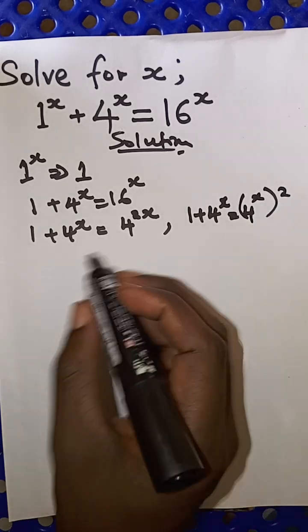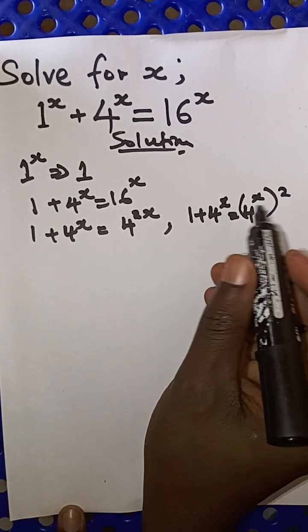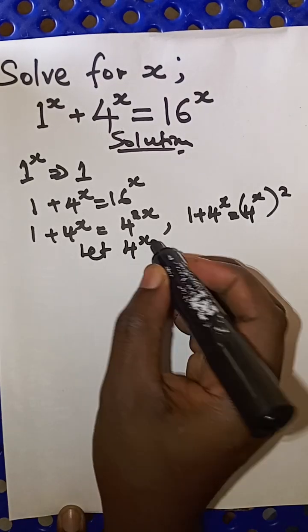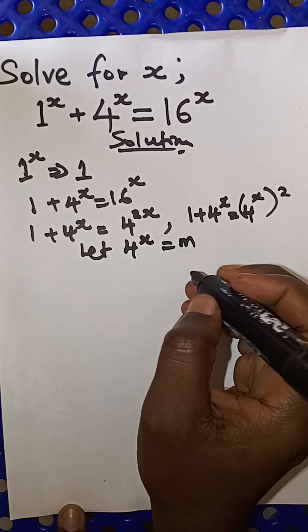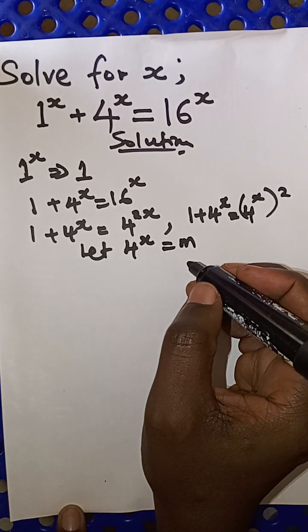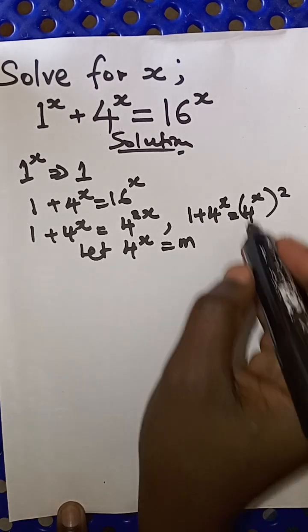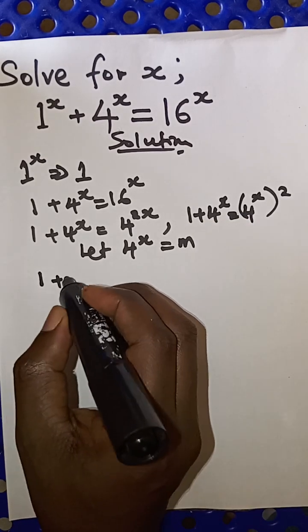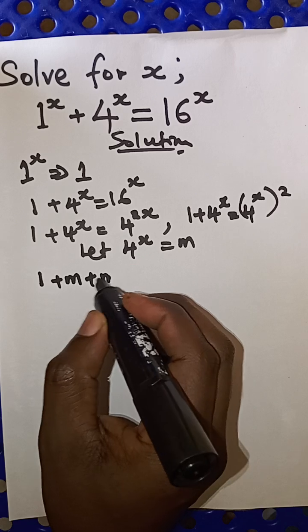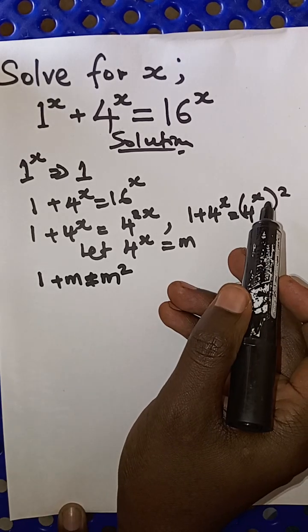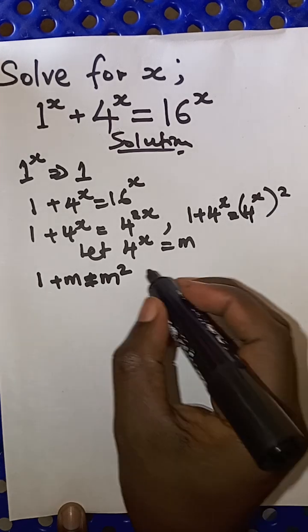Then it's very simple that I have 4 raised to x and 4 raised to x. I'm going to let 4 raised to x be an unknown number, denoted m, so that my equation now changes to 1 plus m should be equal to m squared. So this is a quadratic equation,